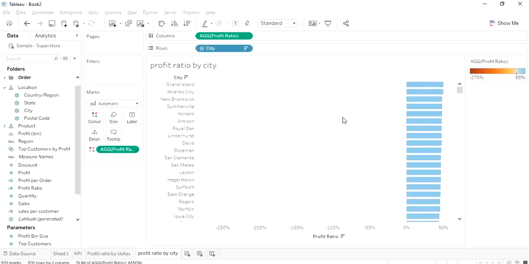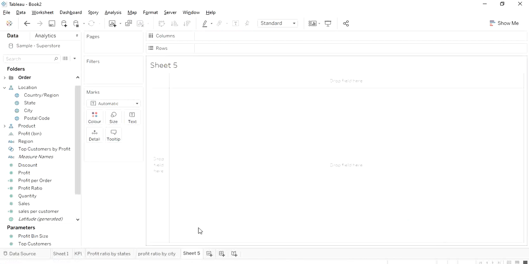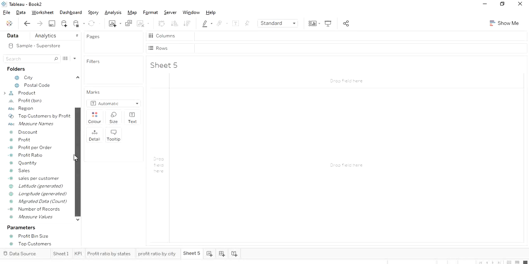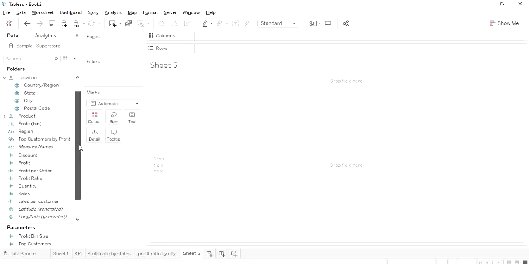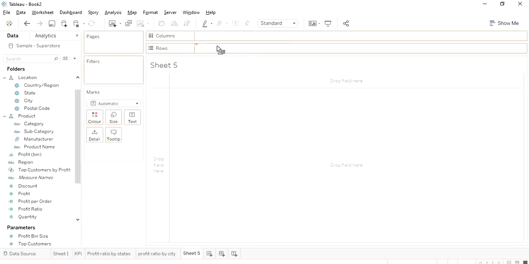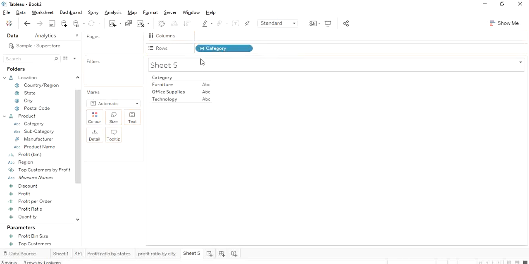So let us do that. Okay, so I'm going to create the area chart for all of my products. So I have my product here, I'll bring that on the rows, and what I'll do,